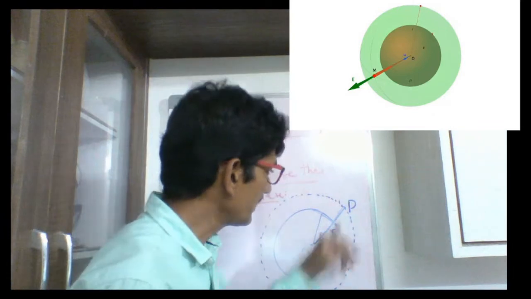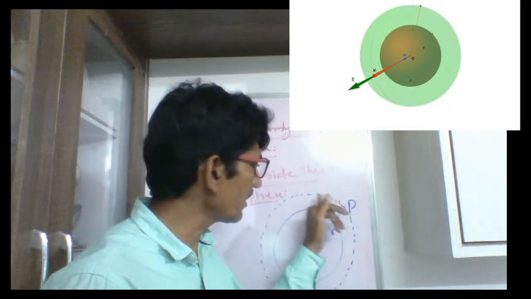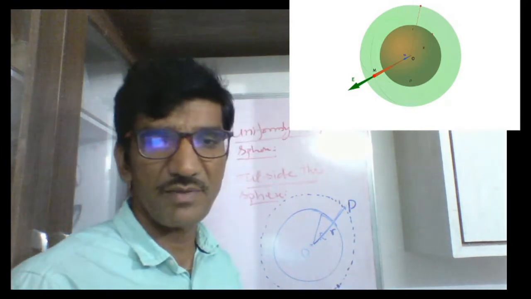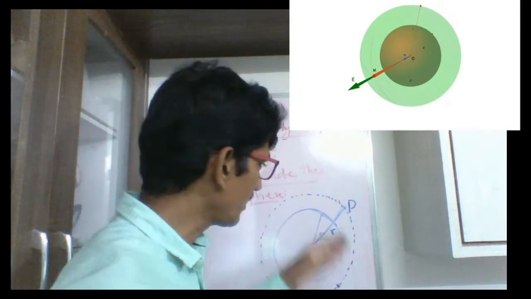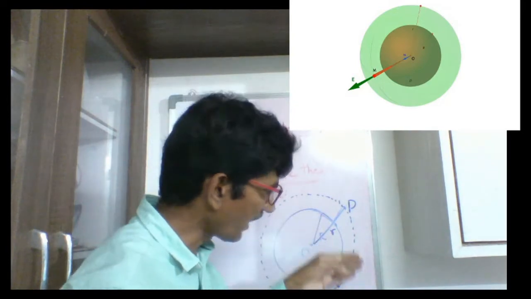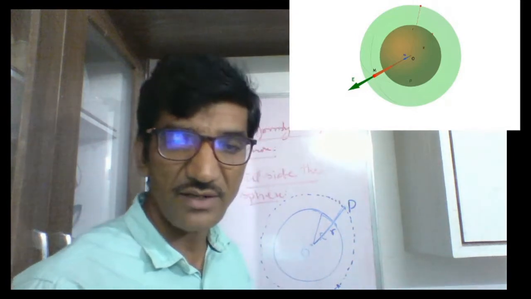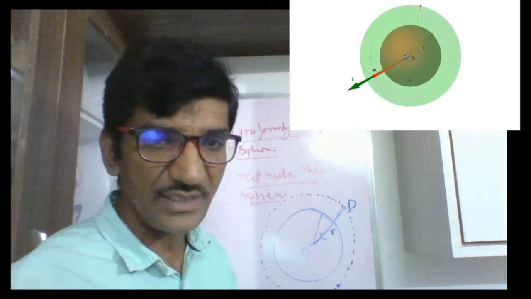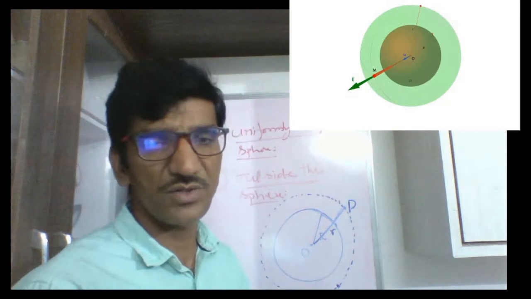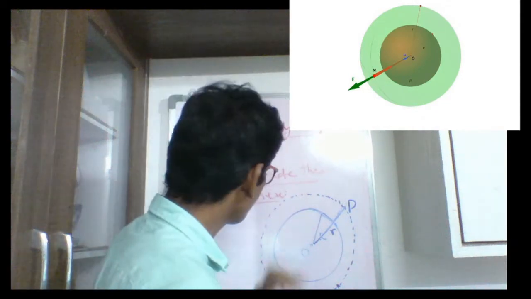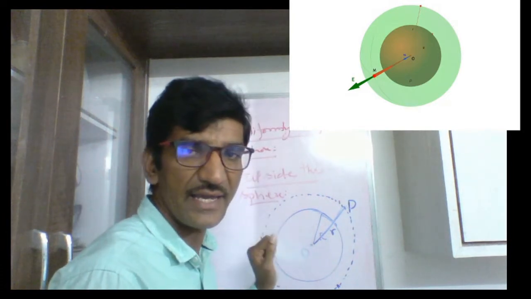Here you want to know the electric field. Suppose you choose another point on this dotted line. Here also you will have the same field. Why? Because all the points on this dotted line are located at the same distance from the center of the sphere. Now we just want to find the electric field E at one particular point P. For this we want to use the Gauss law. This is the diagram for case A.